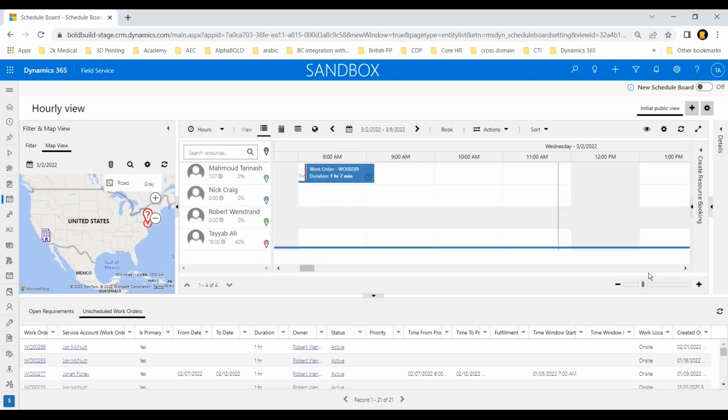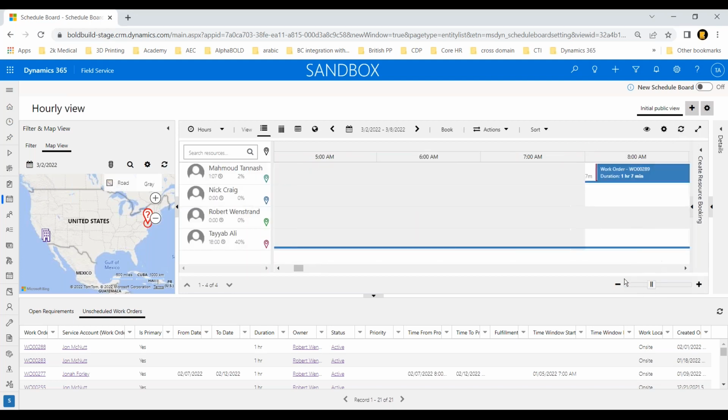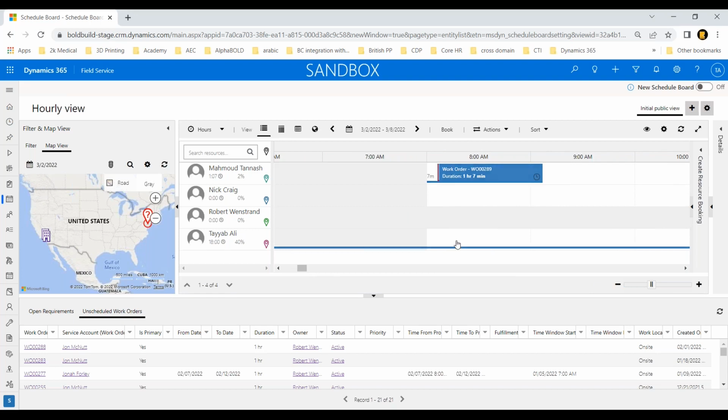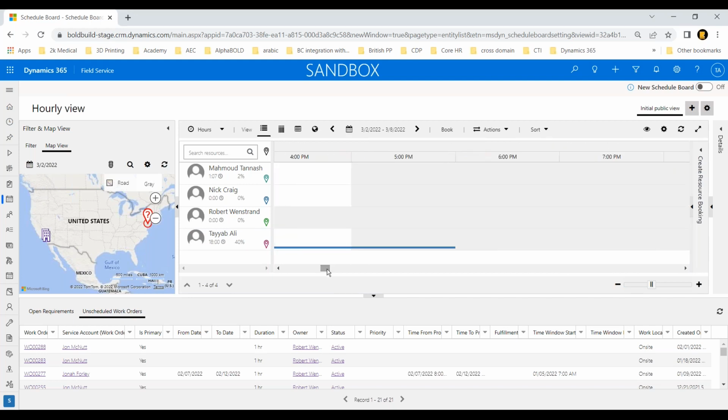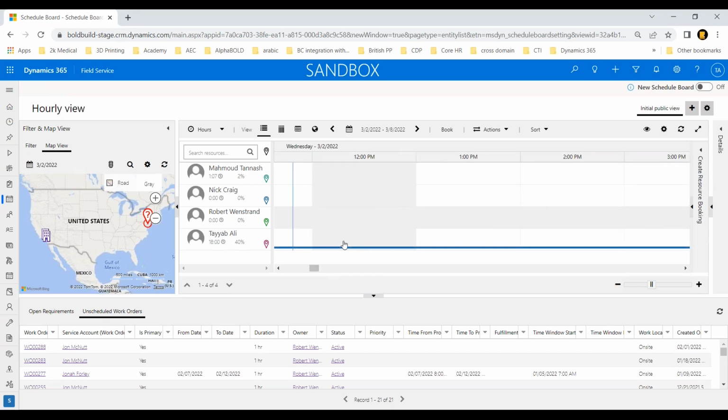Let's see if I can see it if I log in. So I'll have a work order scheduled, and this on my calendar, it looks like this. I was expecting it to see it here, but maybe I don't have the location set correct because I have a lot of drive time in here. Maybe a few days of drive time because I'm moving from one state to the other state.